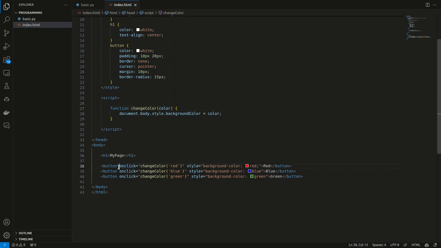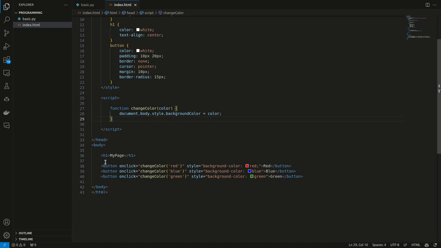Now this onclick is me telling this HTML tag that whenever you are clicked, you need to run a command. You need to run this function. Here in our JavaScript, we wrote a simple function really. A function is just a collection of instructions to run inside of your code that is divided into segments. So we have a function that does a specific task. What this does is change the colors of the HTML page.